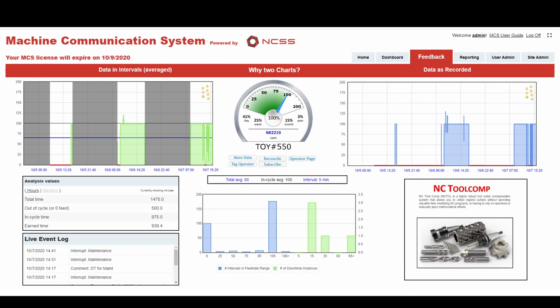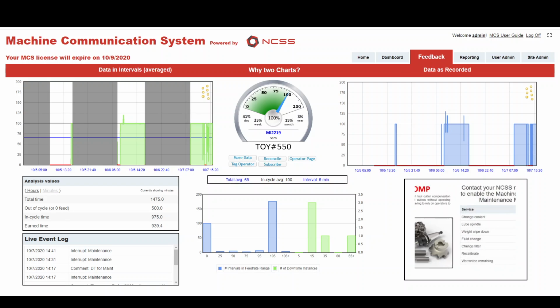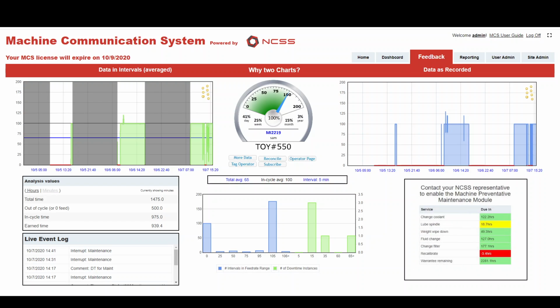In this video, we'll be reviewing the Machine Detail page along with the Admin Reconcile page. This page is great for the manager who needs to dive into the specific performance data of a single machine and differs from the reports in the fact that here we can compare our interval data to the raw recorded